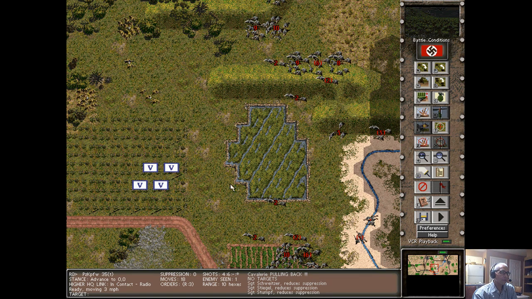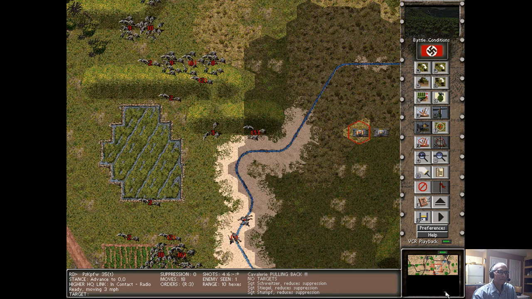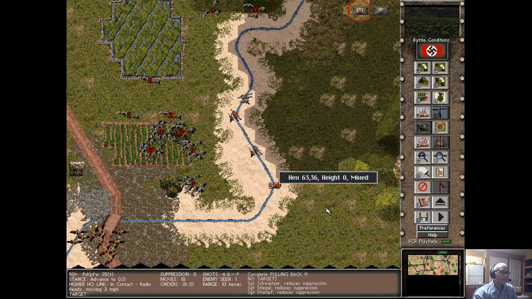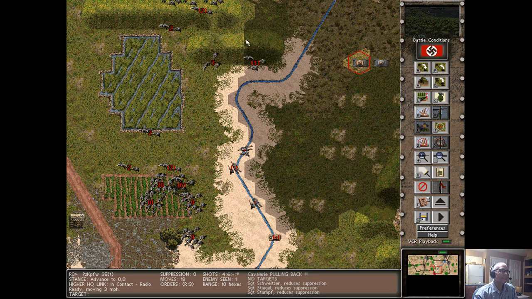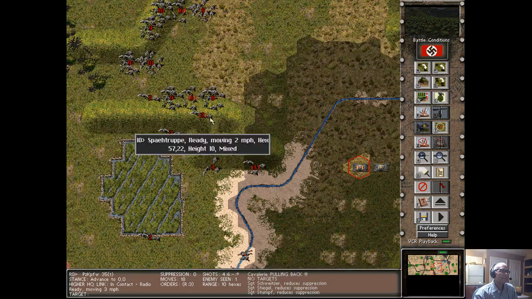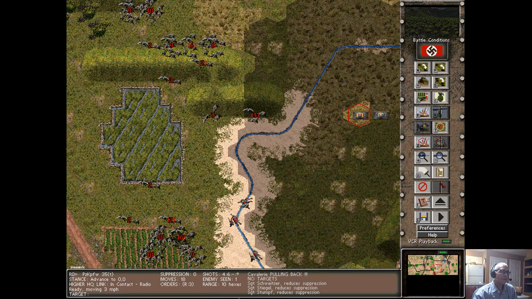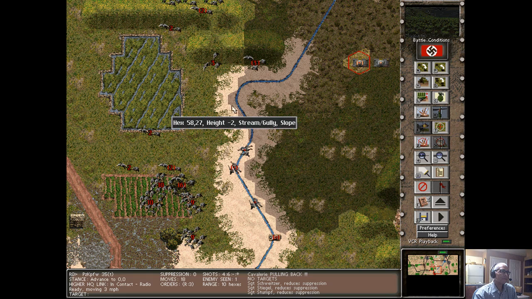If he moves armor up into that position, it's long range fire, so neither side's going to have any advantage. That's what I'm going to do there. I can't really think of better things to try. Okay, so I still don't know if I'm going to move them. They're pretty far away from the action, so